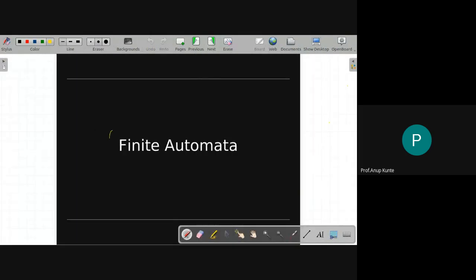Now we'll look at the introduction to our first device, which is called finite automata. I know there is something called the grammar topic, then there is something called right linear and left linear grammar and regular grammar. But before jumping on to that and continuing the discussion of our set theory, we will go back and understand chapter number 2. I'm jumping between chapter 1 and chapter 2. You will understand why I'm doing so in a while, so have some faith in me. You will definitely understand what is going on within the next 15 minutes.